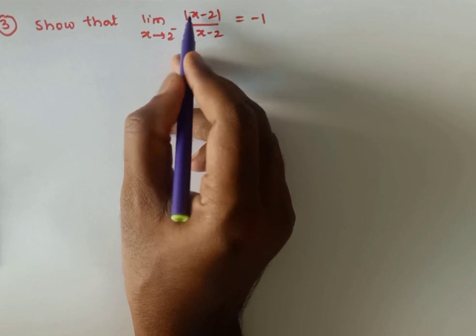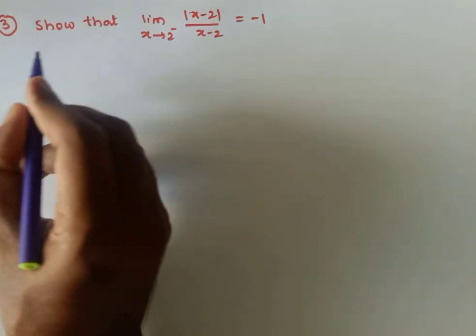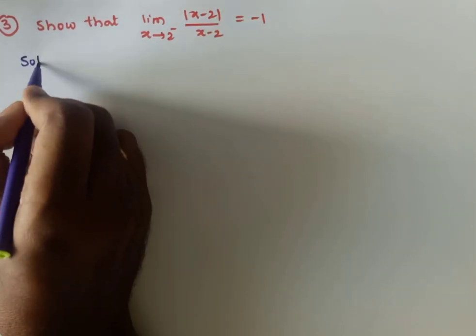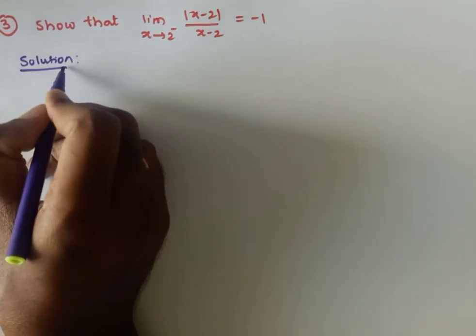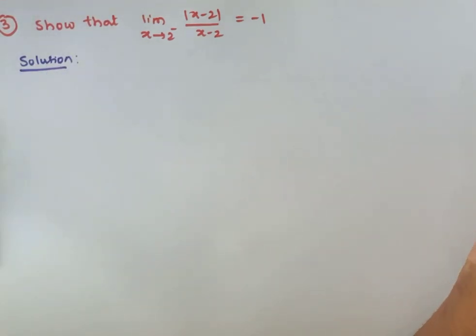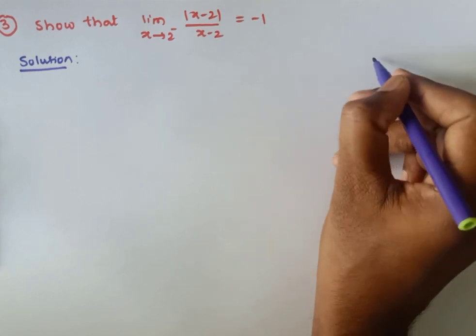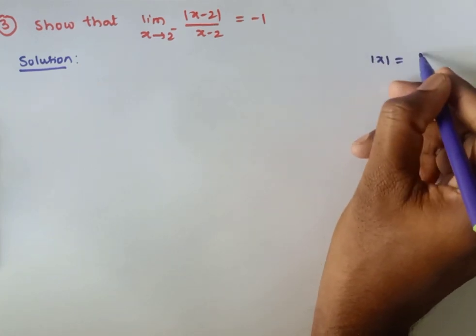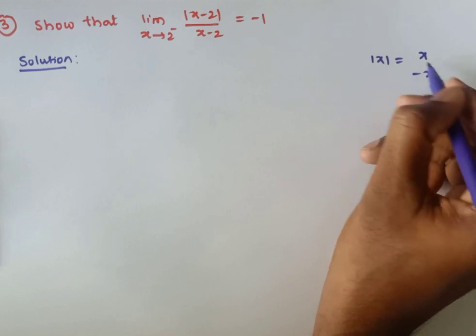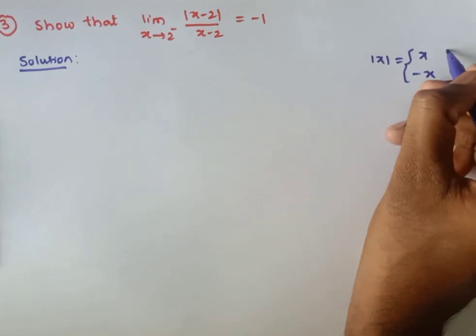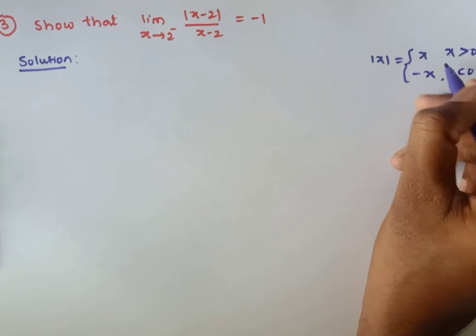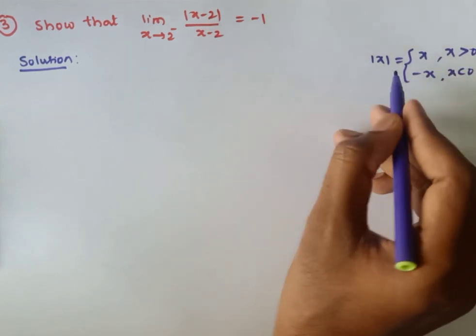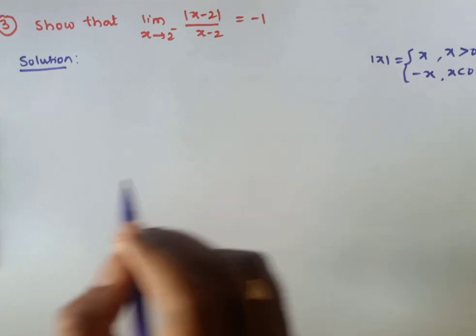So before that, you need to know the definition of modulus. Modulus definition తెలియాలి. So you know the modulus x definition. Mod x ఎక్కడ డిఫైన్ చేసినాము. So at the critical point, mod x is nothing but modulus of x minus 0. So mod x is x or minus x. So modulus of x is x when x is greater than 0 and minus x when x is less than 0. So here the critical point is 0, so that it is x greater than 0, x less than 0.